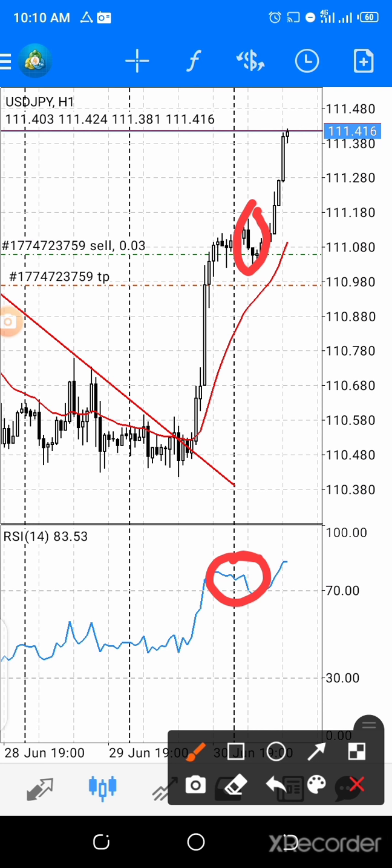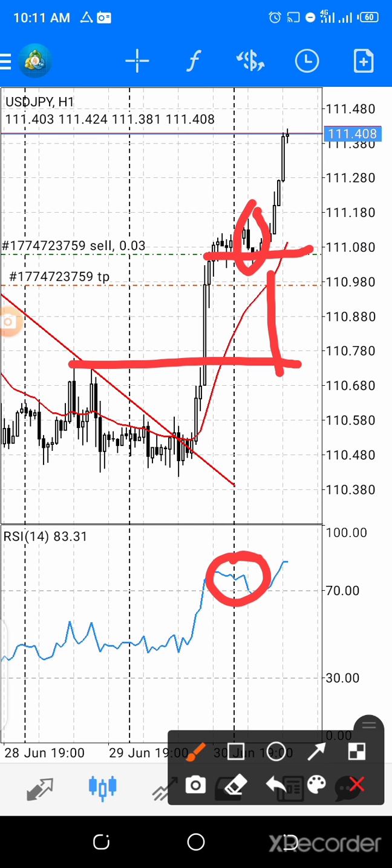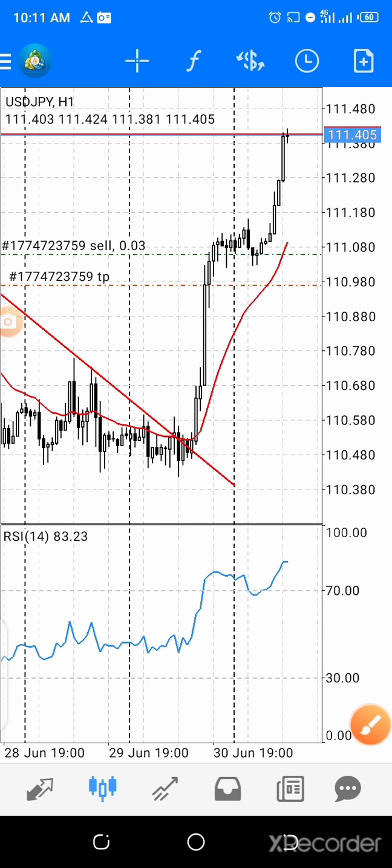There was nothing wrong jumping in, but the point is you have to know that it doesn't work like this all the time. There are sometimes you take a trade from there. This was my entry. There are times you take a trade from there and fine, it plays out at least to this point. It could have come to this point and then returned back, hopefully. But the market doesn't play out every time the way you want it to. Yes, it doesn't. I can't tell you that that is always going to play out the same way. First of all, I didn't stick to the rule. That's number one mistake you must not make.